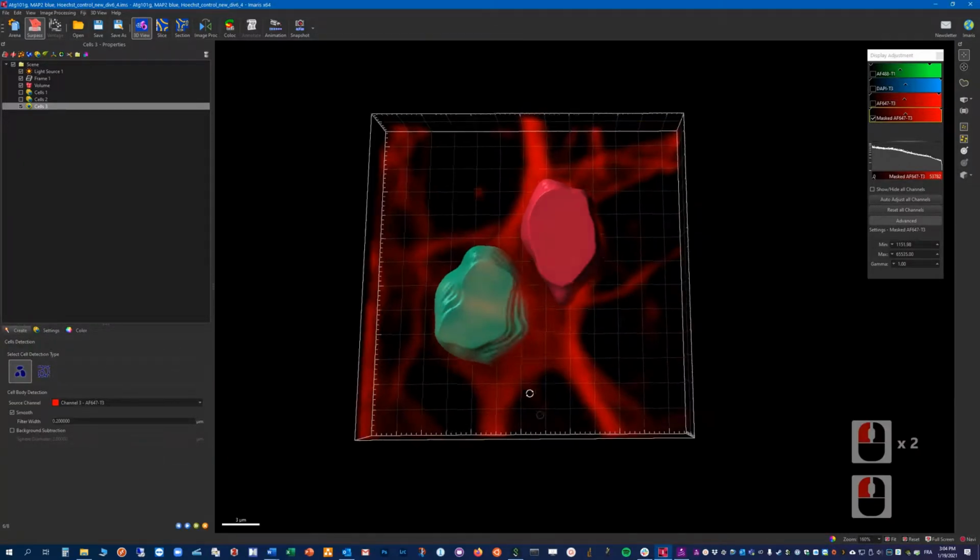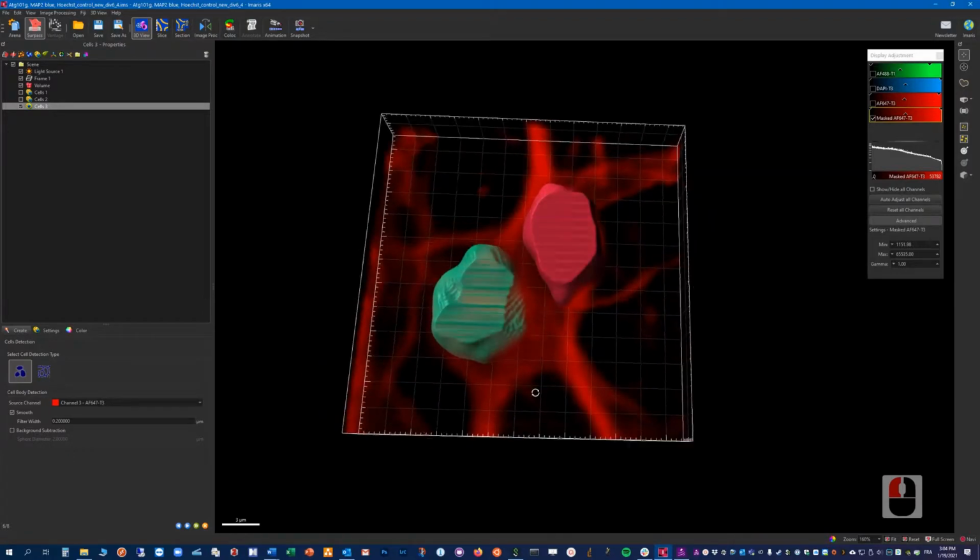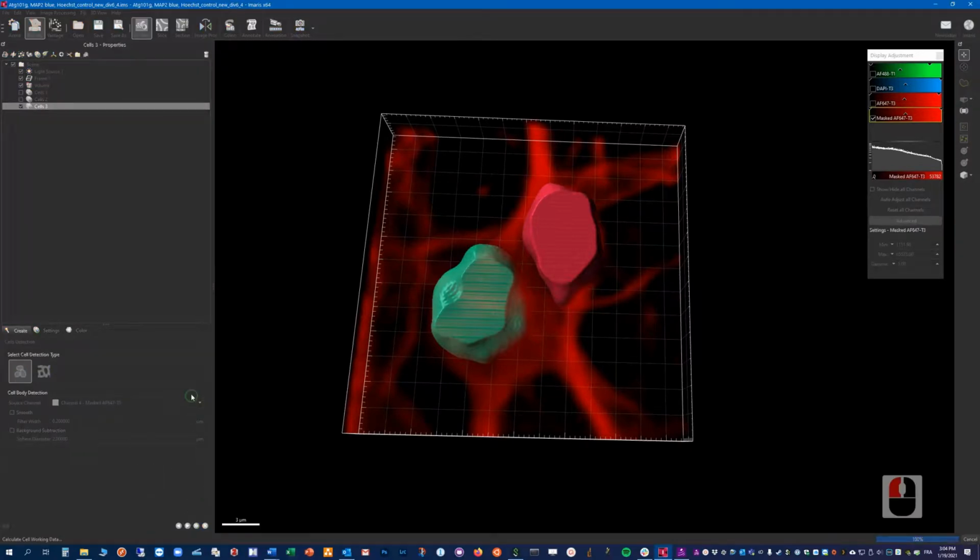So now we have our two nuclei, and now we will use the red channel, the modified red channel, so the masked one here. We do not need to smooth it, that has already been done. Again, background subtraction as well. So you can just proceed here